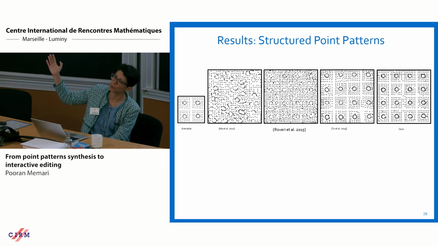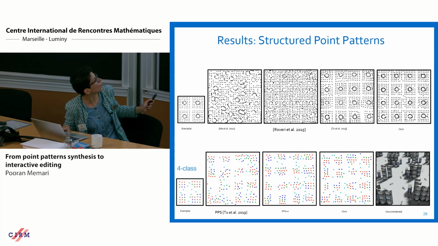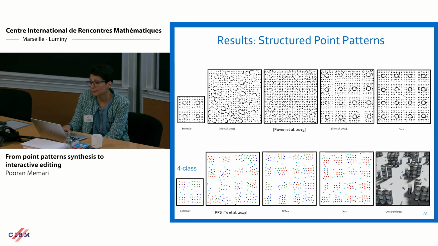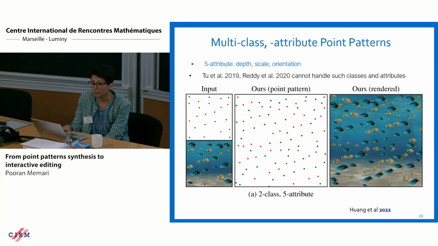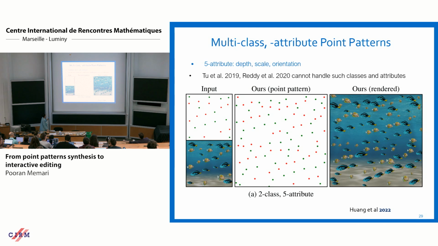These Gabor maps can be concatenated to have multi-class and multi-attribute data, so we are able to handle them for the first time with many classes. That's how we come up with this kind of data, from very simple and quite complex data sets; we are able to synthesize such a thing with all the associated attributes.